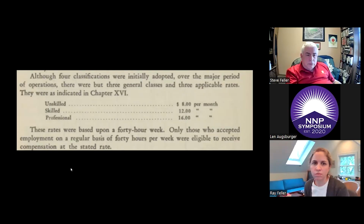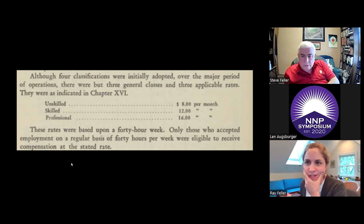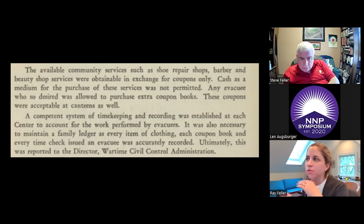So again, this is a restatement of the three pay rates for 40 hours a week. So at this point, reading through this document, which is probably something I was looking through back in 2020, as I recall, because I think this was in the heavy COVID Zoom times. So reading along, and then came across this reference where they're talking about the